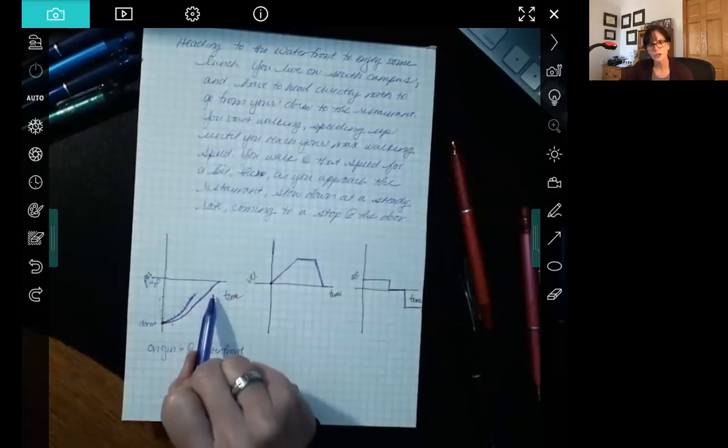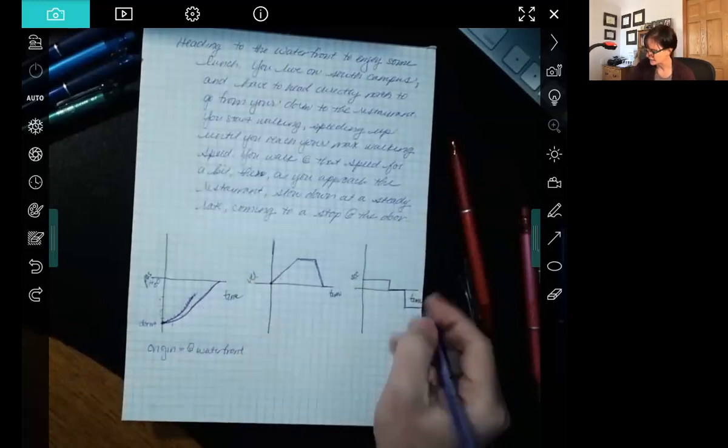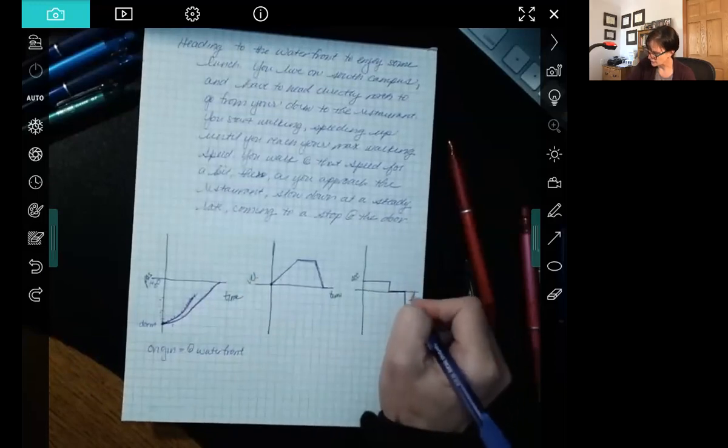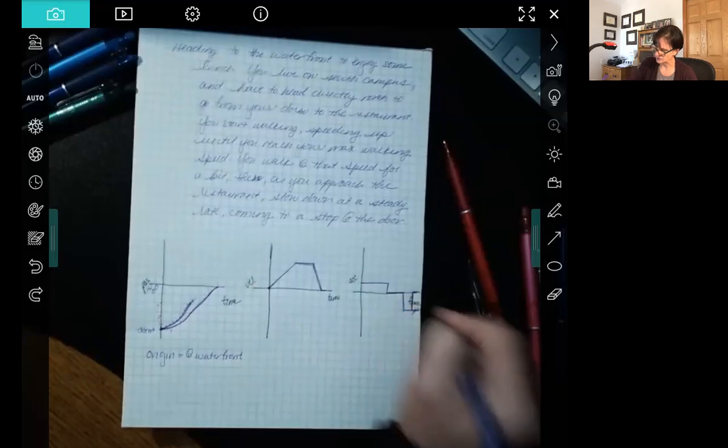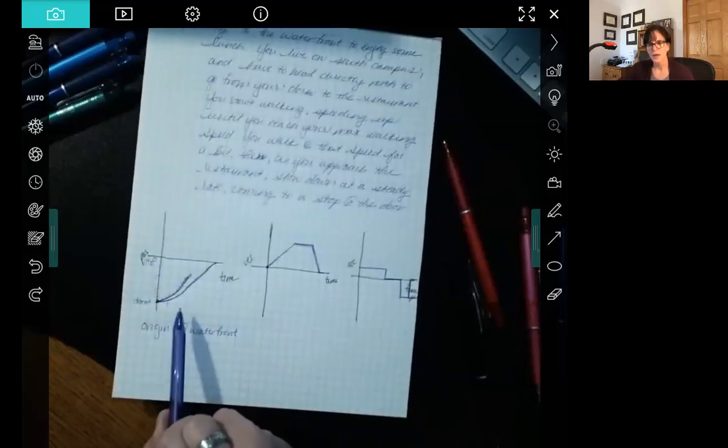And so how does the slowing down work? Does it match our velocity, and does it match our acceleration? I didn't stop my acceleration in the right spot. I'm going to fix that too. Okay, so